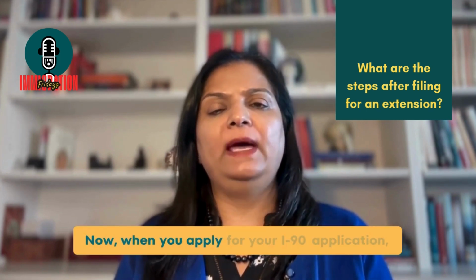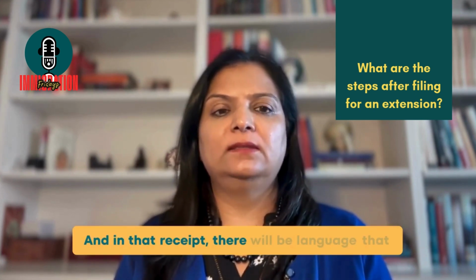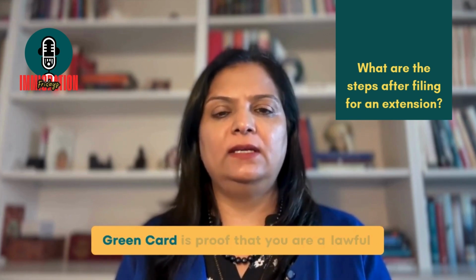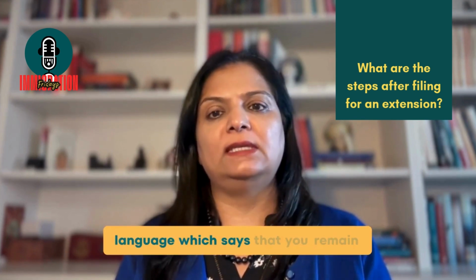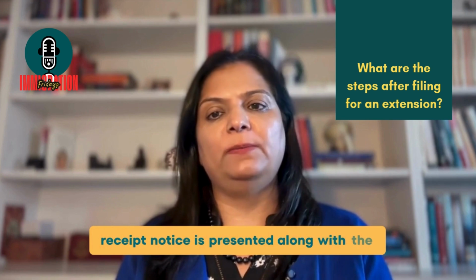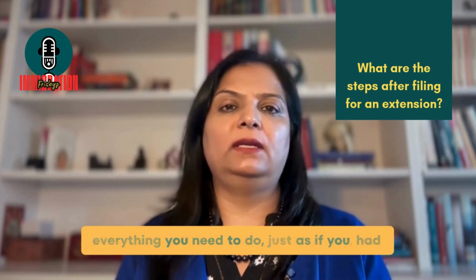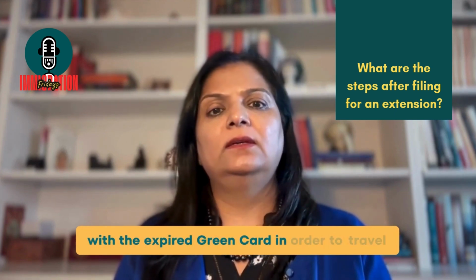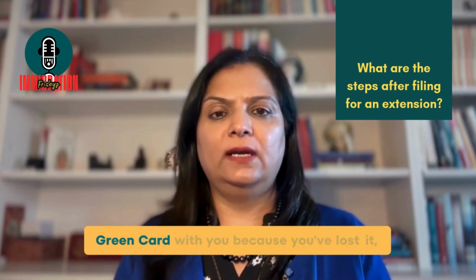Now, when you apply for your I-90 application, you will get a receipt. And in that receipt, there will be language that indicates that the receipt and your expired green card is proof that you are a lawful permanent resident. The receipt also includes language which says that you remain authorized to work and travel as long as the receipt notice is presented along with the permanent resident card. So you're allowed to work, travel, do everything you need to do, just as if you had an unexpired green card. But remember, you have to use the receipt notice in conjunction with the expired green card in order to travel or work. If for some reason you no longer have your old green card with you because you've lost